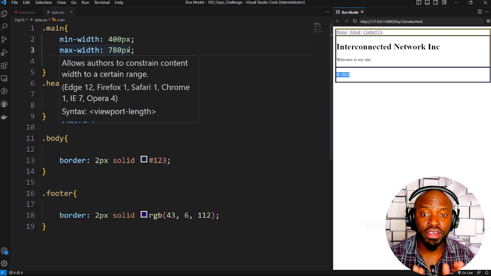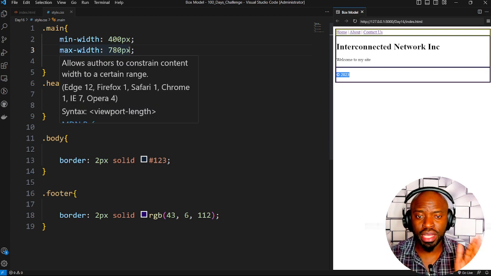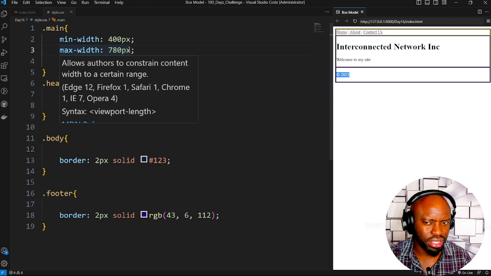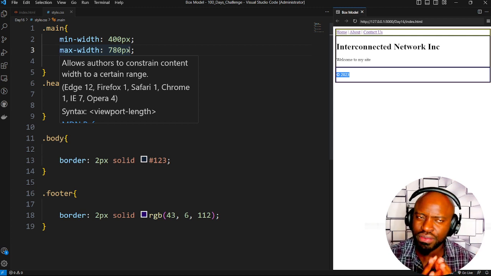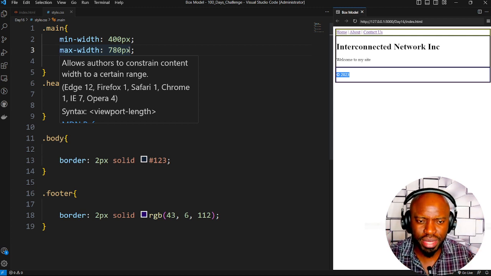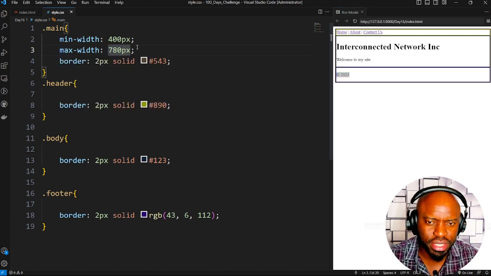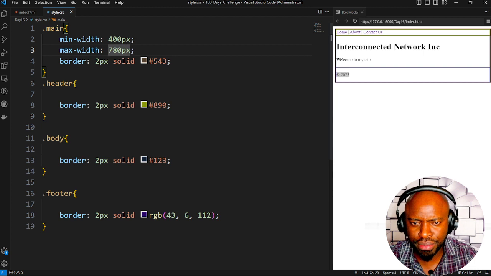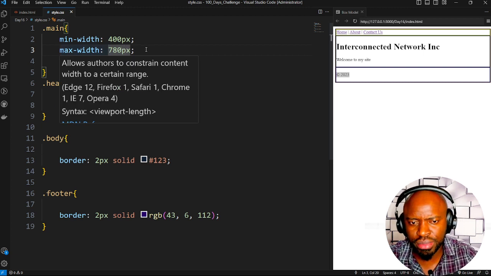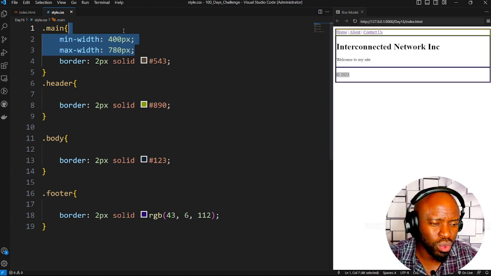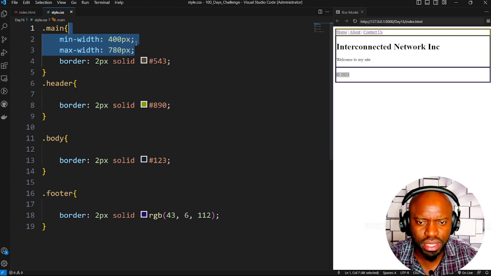That's a good thing of min and max. Min and max allow you to create a specific range where it's kind of an internal condition, like if the size is within this range, do whatever it is. But if it goes beyond this, please keep my look exactly intact. All right, this is min and max width, but also we can do min and max height,